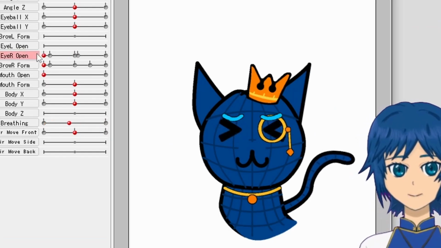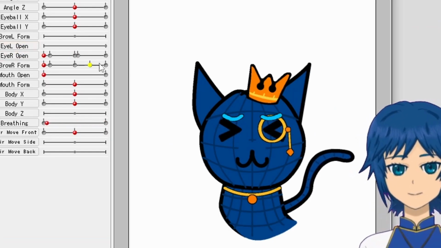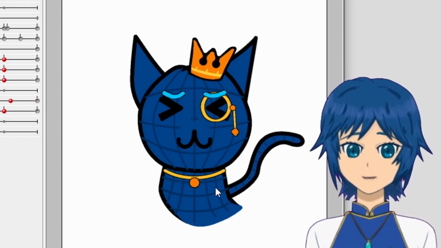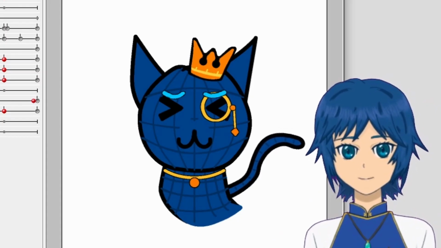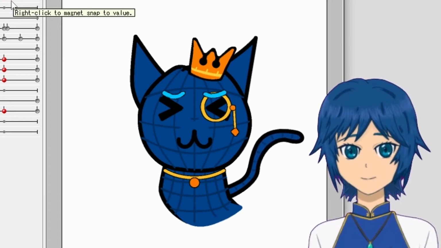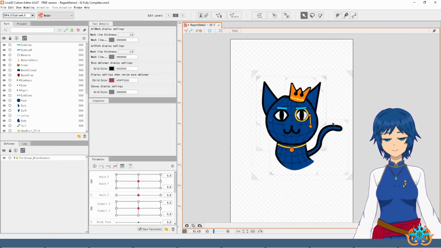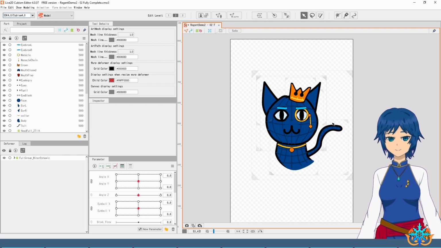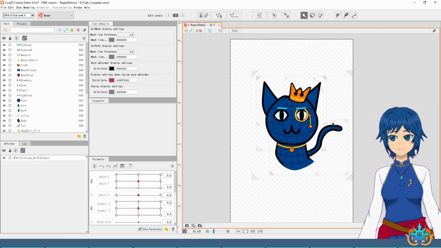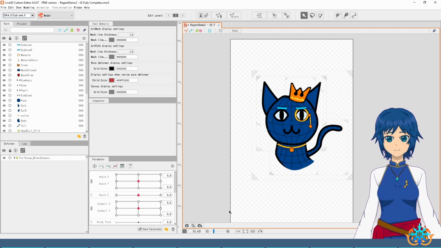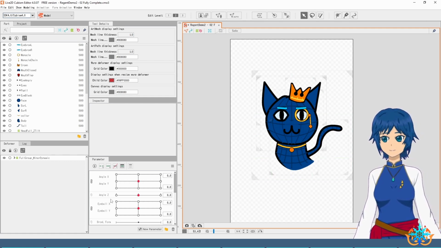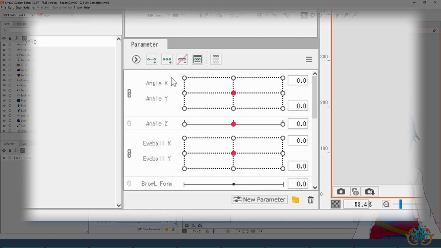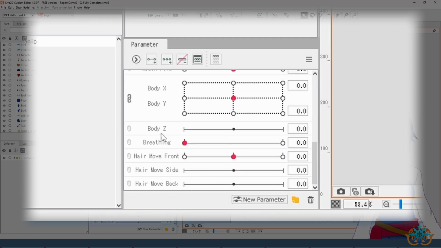And facial expressions are a bit of a tough nut to crack when it comes to figuring it out and also kind of explaining things, because it's really one of those things that can turn into something very, very complicated quite quickly. But this is really the part where you would have all of the pieces in place to become a VTuber. I'd like to first begin by taking a look at the parameters,